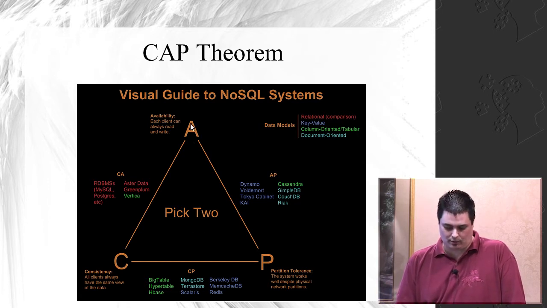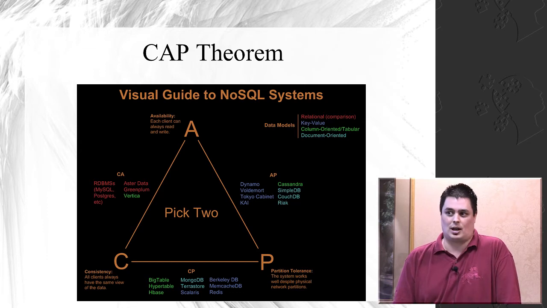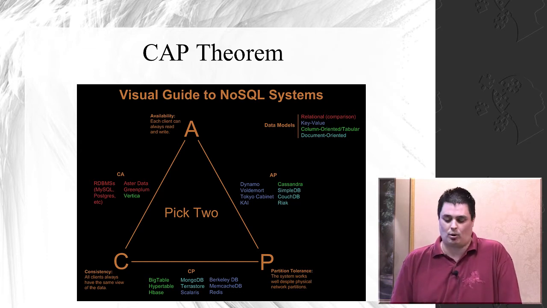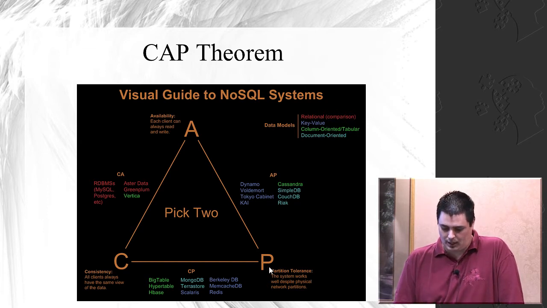In the RDBMS's case, you're going to get availability, and you're going to get consistency, but you're not going to get partition tolerance. And what that means gets back to the heart of the problem with the database. It works great when it runs on one server, i.e. a mainframe, and everything's there, and when you insert a record, it can go and check the foreign key, and it can auto-generate its key, and it can do all this great stuff that we've all come to know and love. But the moment that you have to be like Google and you have to have 40,000 of these things, a lot of those benefits disappear.